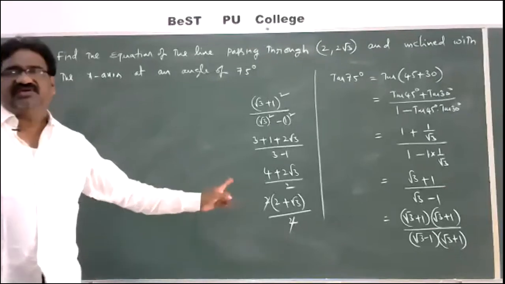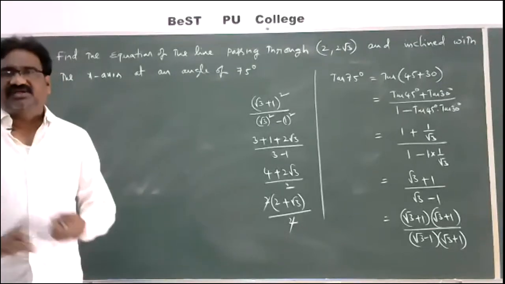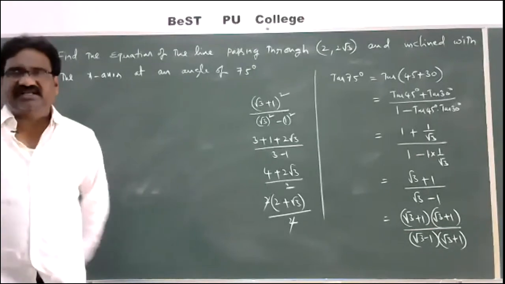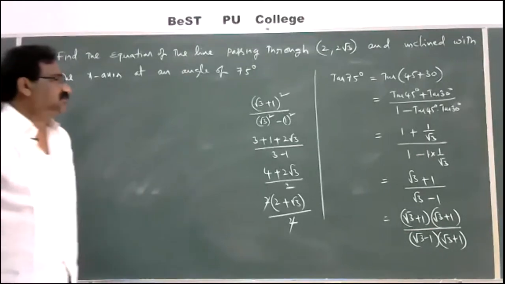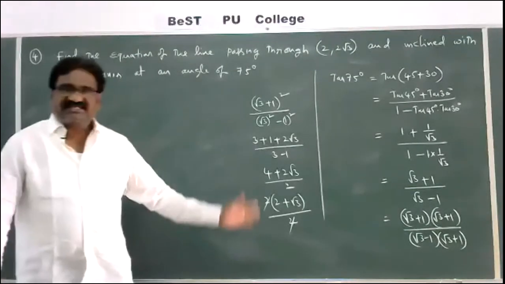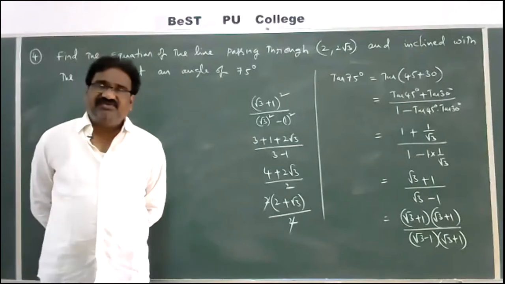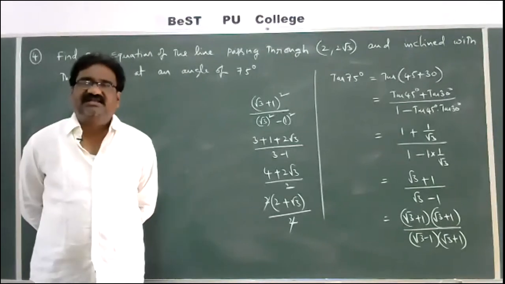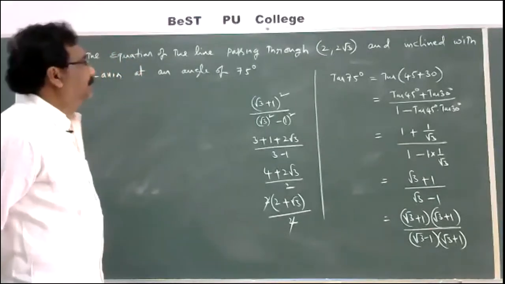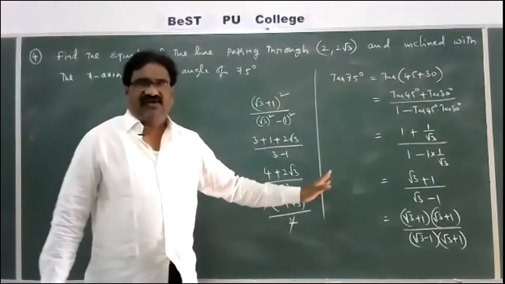We required this value here. But you already know the table of values: 0, 30, 60, 45 and 90 degrees, up to 90 degrees. In first year PUC, we discussed all these values in the trigonometric chapter, like tan 15 degrees, tan 75 degrees. Copy this in the rough work.